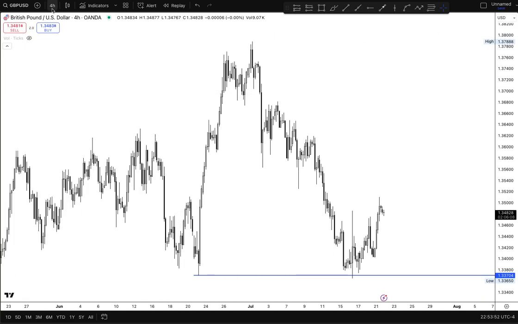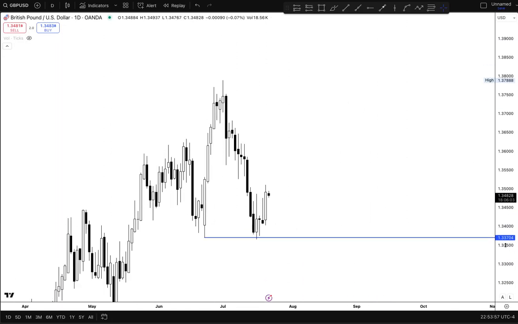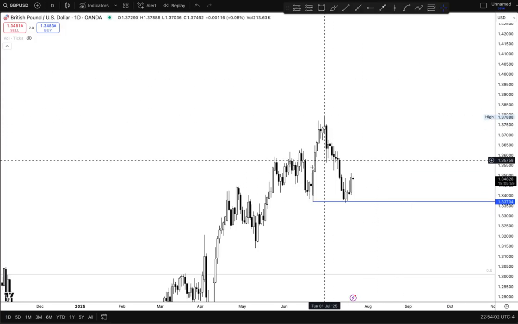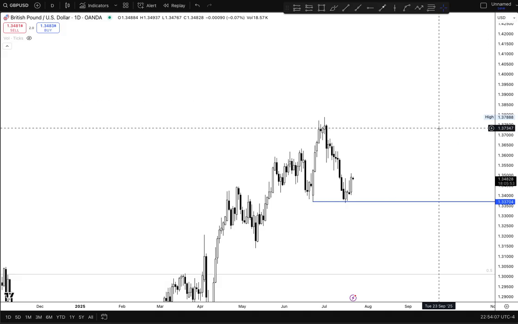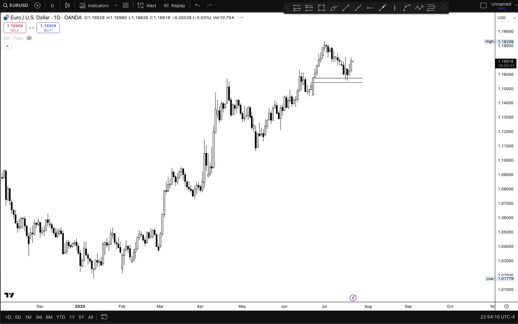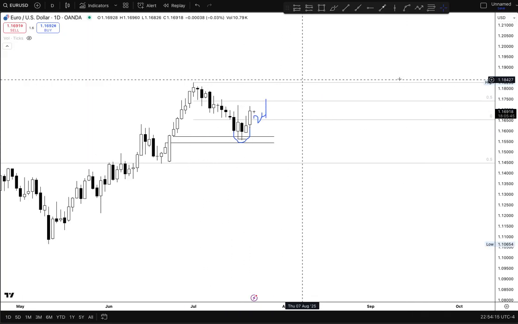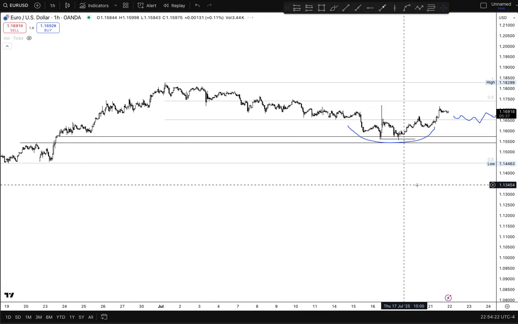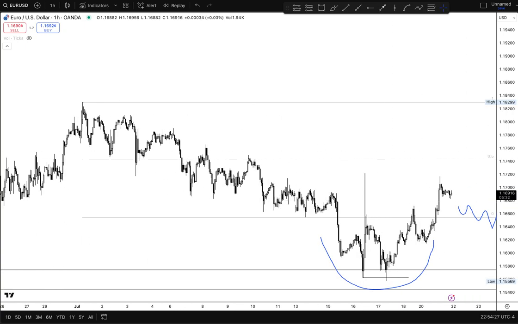So with that being said, let's move over to GU and taking a look here at GU. You can see that we've taken out this low here. We're starting to get a reaction off this level, but GU is not the cleanest in terms of looking for upside. I prefer EU here. I think this low resistance liquidity here for EU looks a lot better. So this will be my main focus for this week. We'll be looking for longs on Euro.